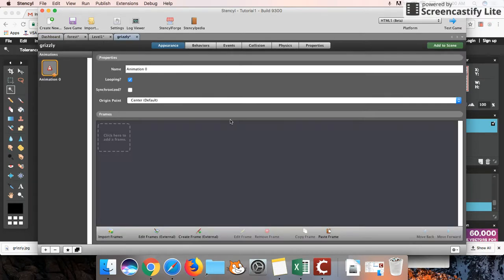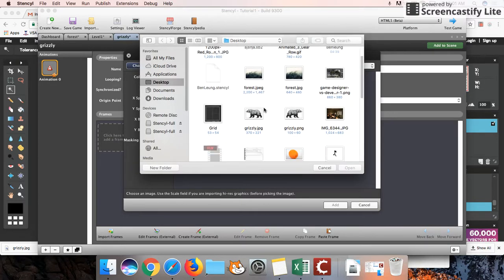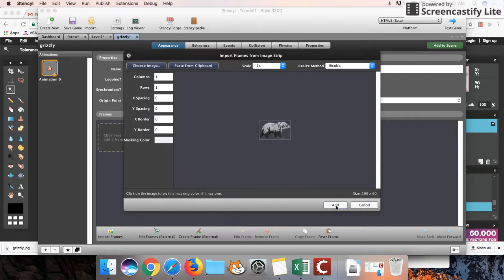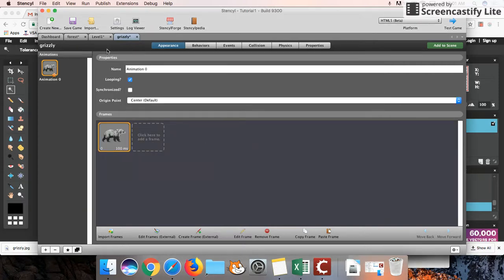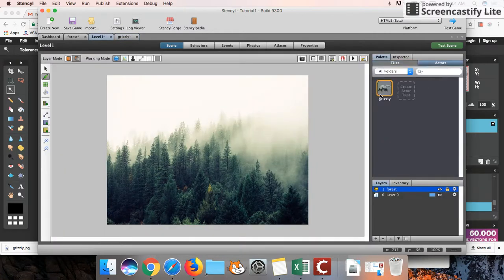We're going to add an animation. So our bear could be animated, but for now, we'll just stick with the basics. Again, really important point to check and make sure the scale is at 1 times and not 4 times. Okay. Now we choose our image and we select our grizzly bear. That's the size of him. We'll add that to our game. Okay, so now that we've got a grizzly, if we click over here under actors,